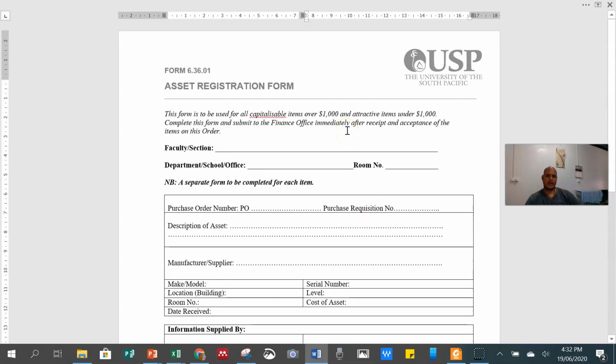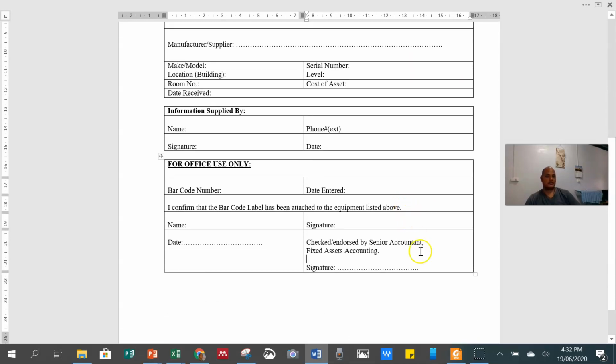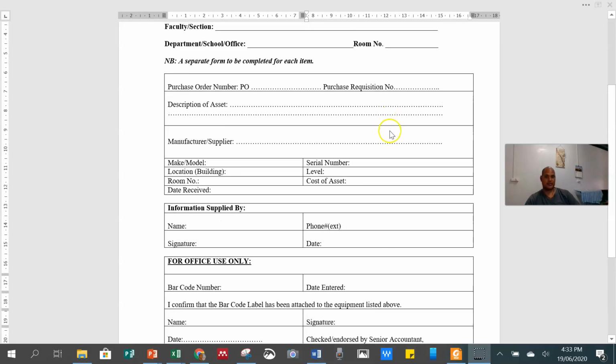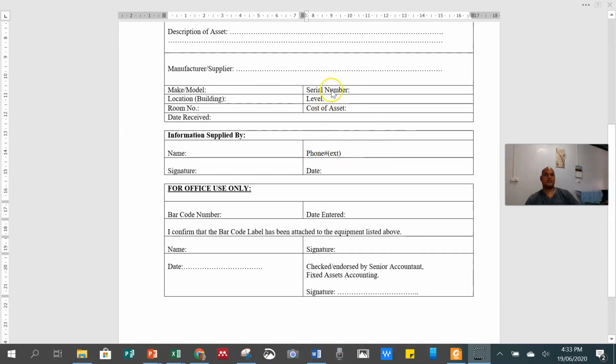So what will be happening after 1,000 assets have been acquired during the month, and what will be happening before the end of the month? The suspected effort that we can think of is, after they receive, say for example, 1,000 forms of these assets coming through in a month, someone will try to copy and paste this information into the fixed asset register.